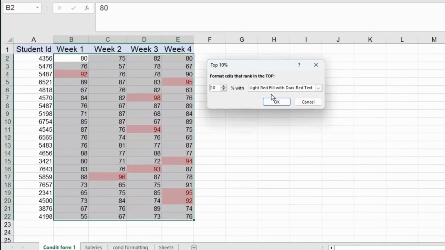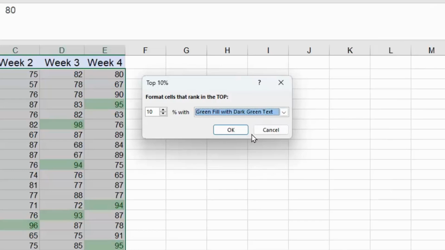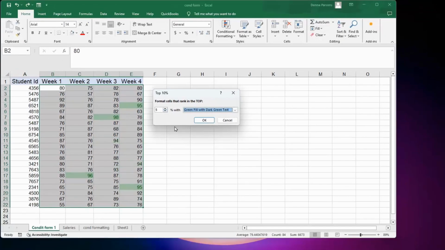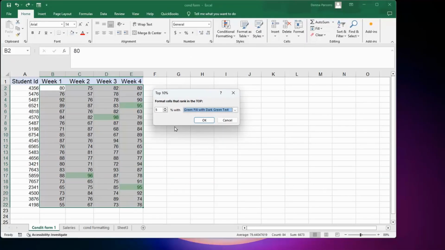Now, in this box that pops up, I have a choice by clicking this drop down arrow to say, give me maybe these in green. What if I did not want the top 10%? What if I wanted the top 5%? To do this, all you need to do is change the spin arrow and click it a few times so that it says 5% in there, or 5. And now I have the top 5% of the class that has the highest grades,